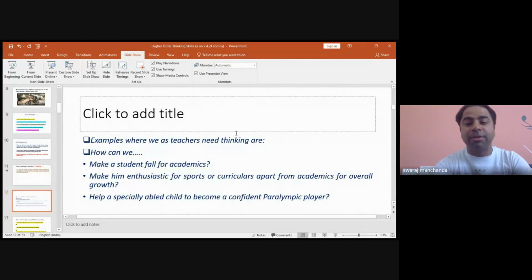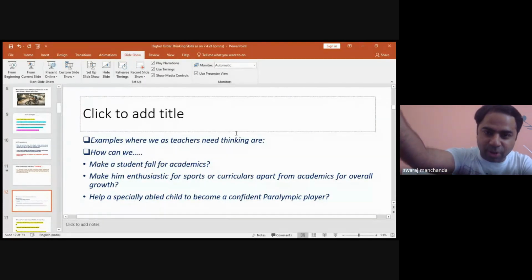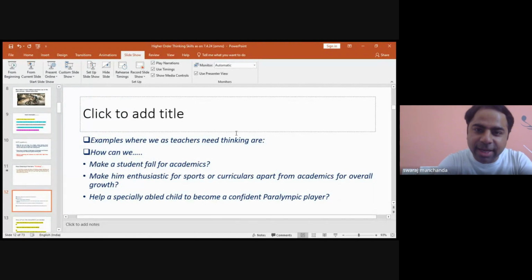When they are exposed to Netflix, Hotstar, smartphones, 5-year-old kids are able to do Chromecast on the smart TV better than us. That is the biggest challenge for us. How do we make them fall for academics? They love to play games on tab, on Android, on Apple iOS, but they don't want to read the books. Here we need thinking. How can we make our classroom so interesting that they don't bunk the class, they don't take leaves, they try to make a good academic record? This is where we need thinking.